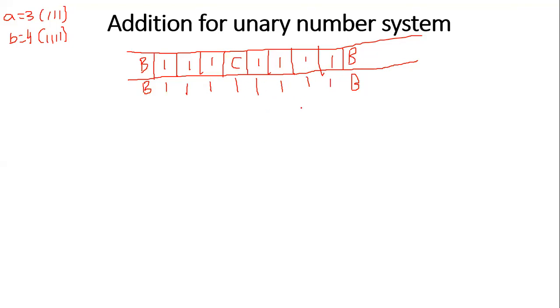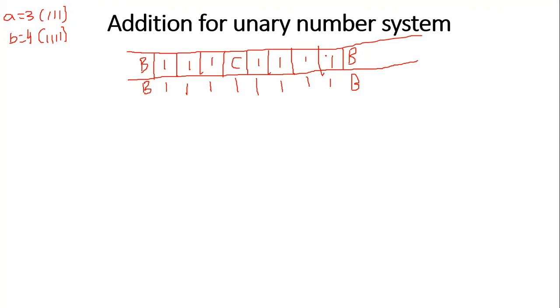If you observe this output, how many ones do we actually need, and how many ones are there? The first number is 3 and the second number is 4. If you add them, how many ones should we get? 7. 7 ones we should get. But how many ones do we have now? 8. 8 ones.